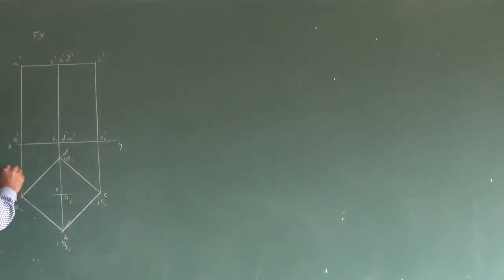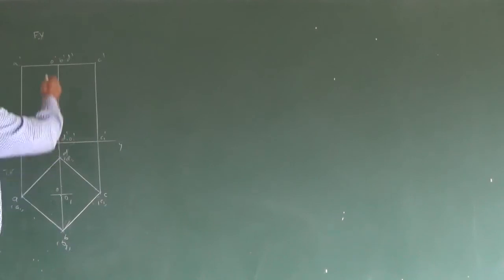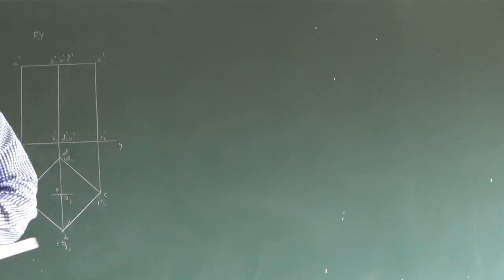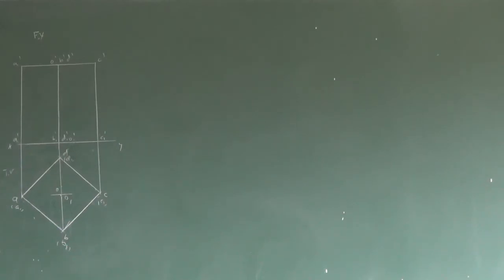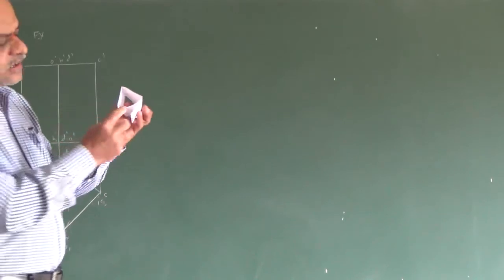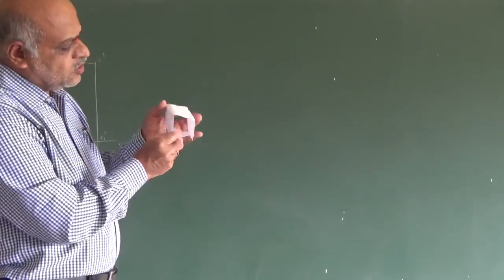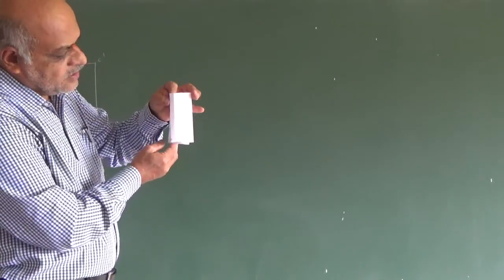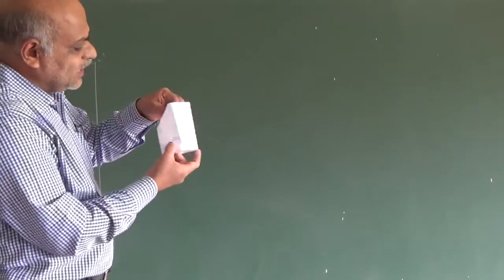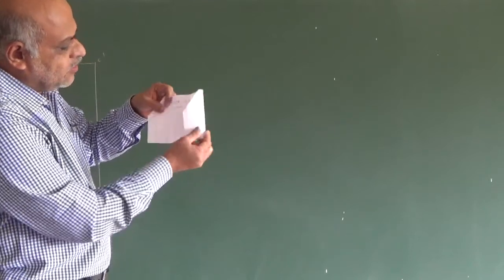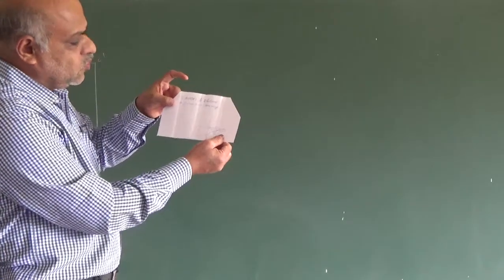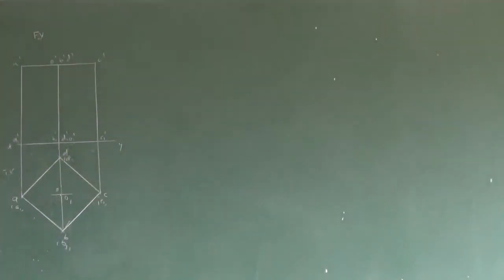This is the top view of the square prism without any cut section. So it is just like this. This square prism has not been cut. Without any cut section, it looks like this. If you cut this, it looks like this. When you open it, it is going to look like this. Okay?